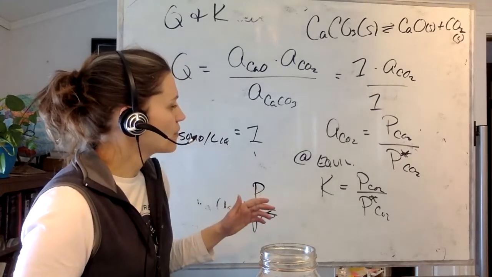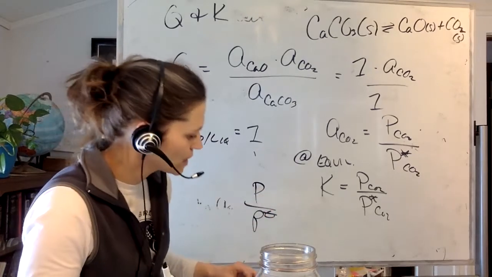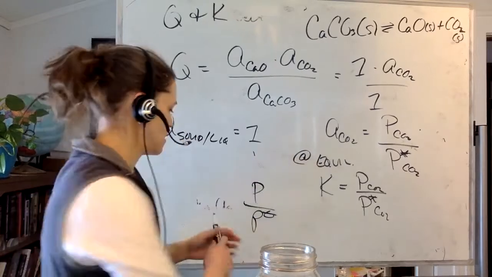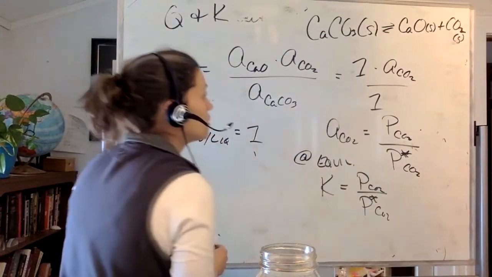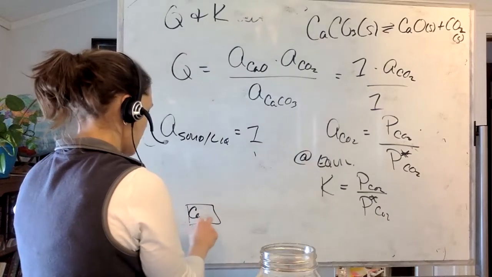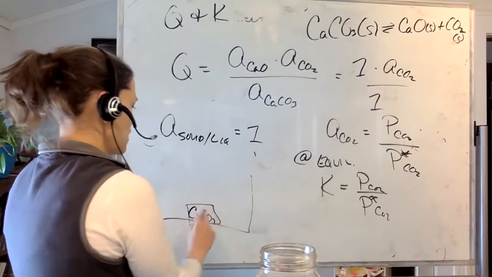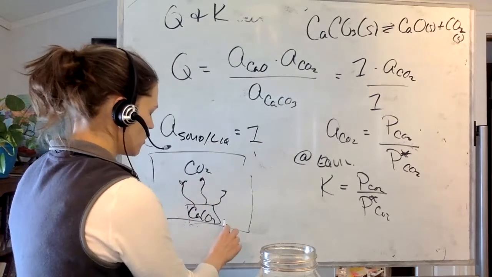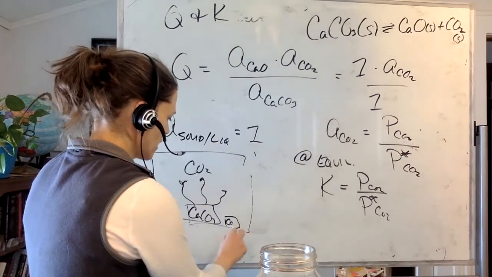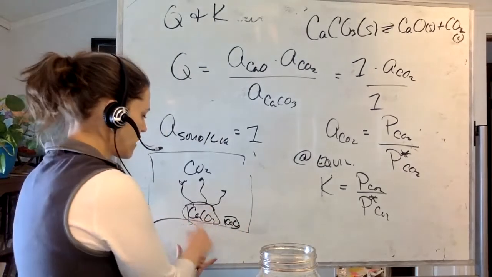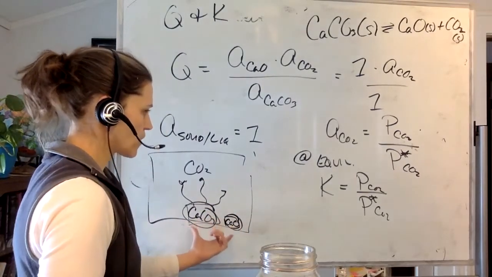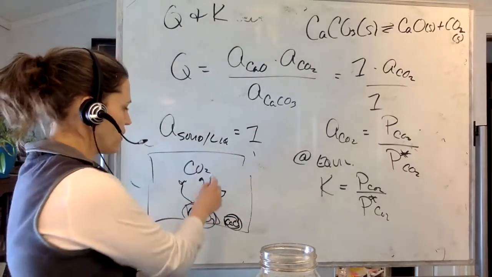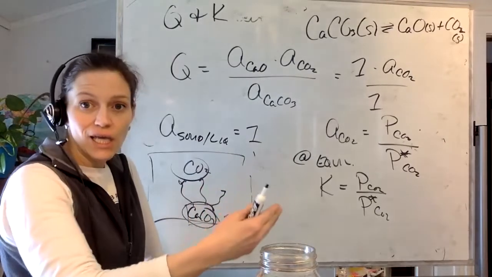So the way to think about how this works is that if this is your calcium carbonate, it's going to give off CO2, and what's left is going to be calcium oxide. So the activity of the calcium oxide and the calcium carbonate are not going to dictate where you are in equilibrium for this reaction, but the amount of CO2 that's present will give you an indication of where